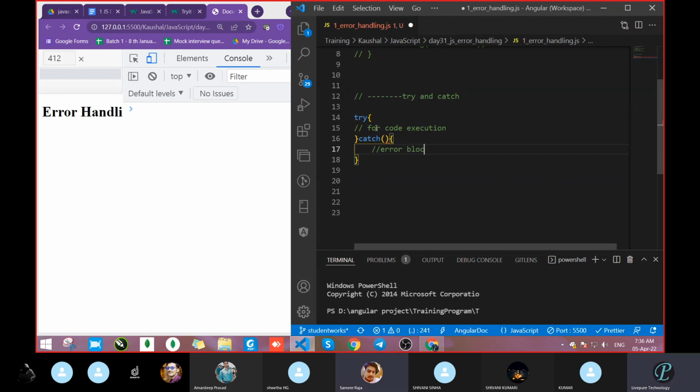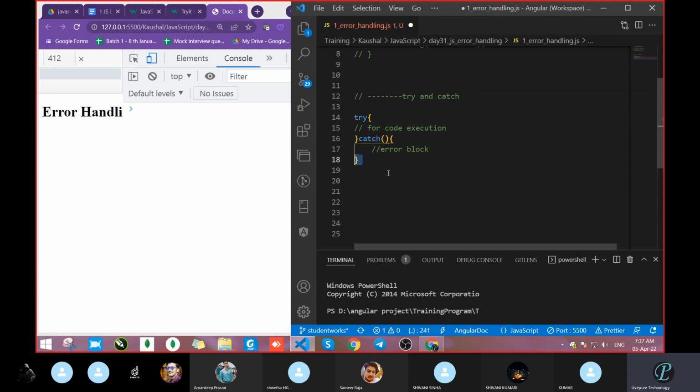The catch block in the sense also acts like if else, but both are different things. If and else means compulsorily this, otherwise that. But here, no. Here, the error will come, then only the catch block will execute. So how will we get the error? Now, this is the way we will write the try and catch block.